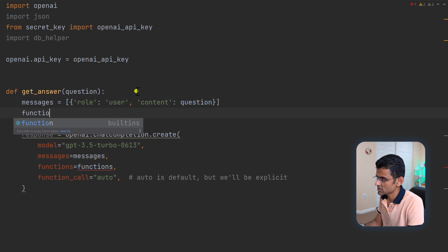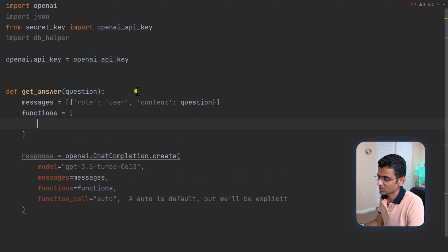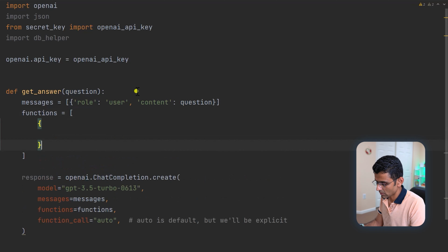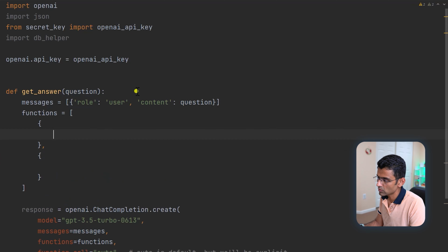And then functions is also an array, and it will have all our function mapping. So we have two functions. The first function is get marks. Second function is get fees.